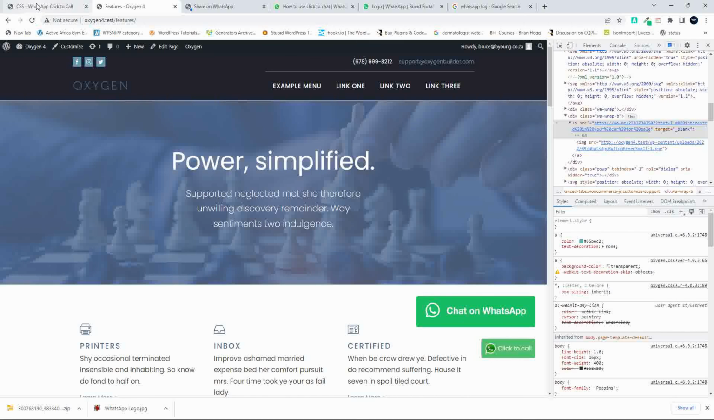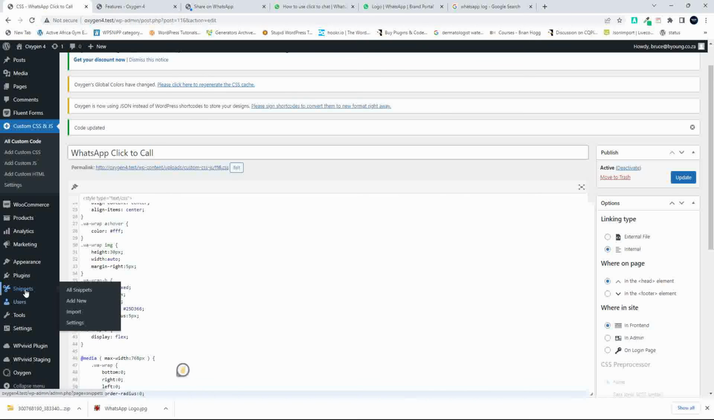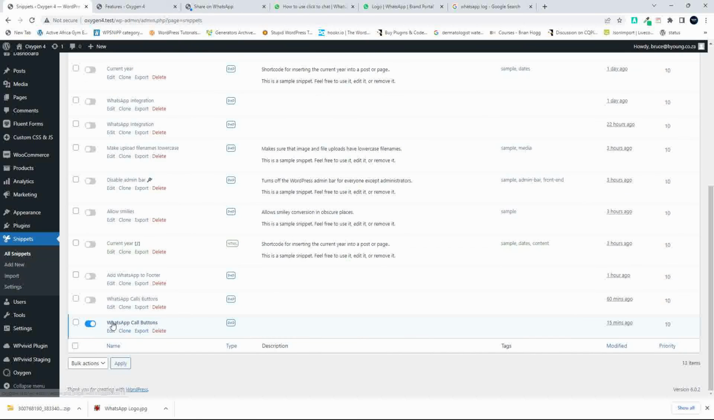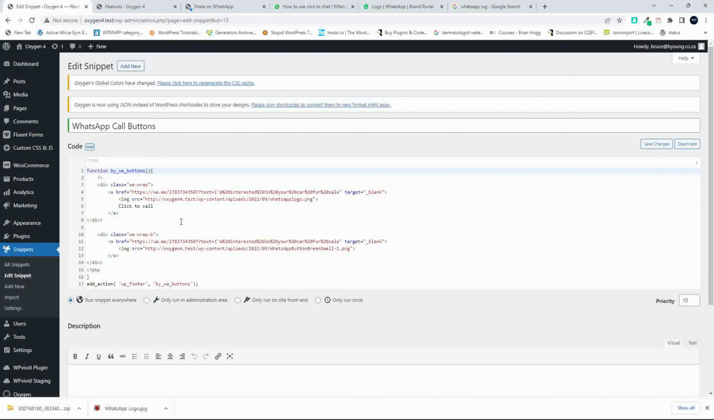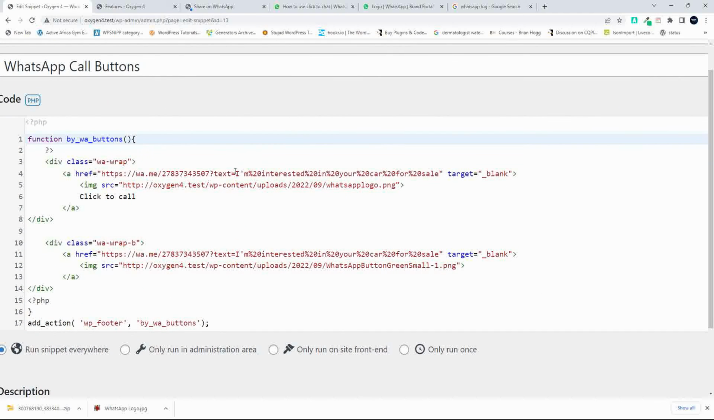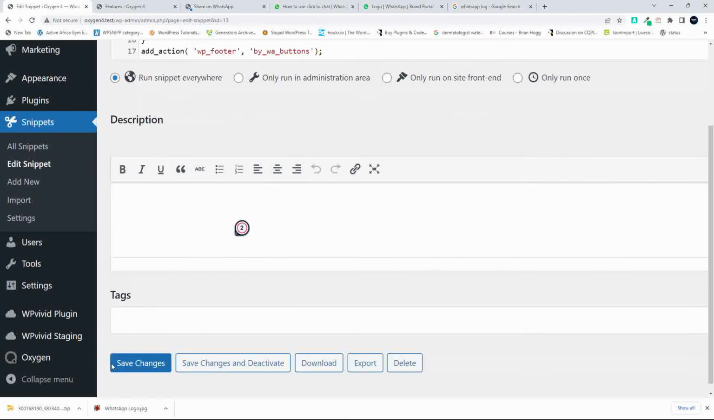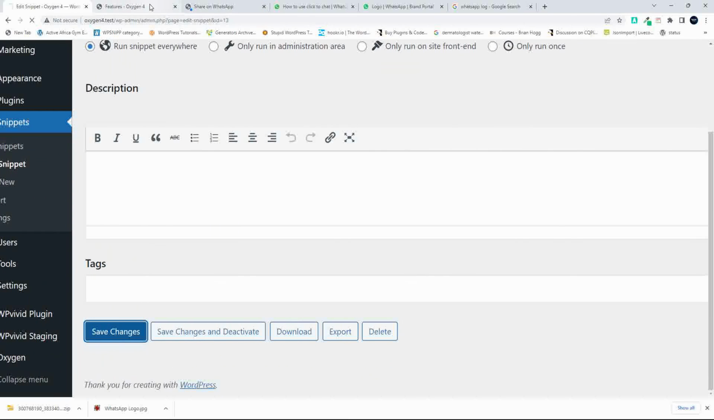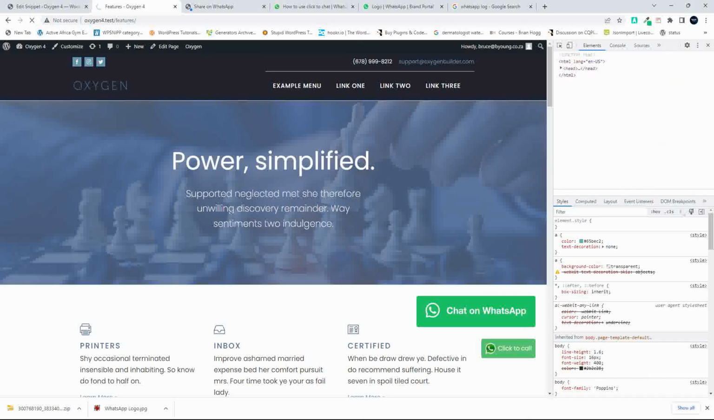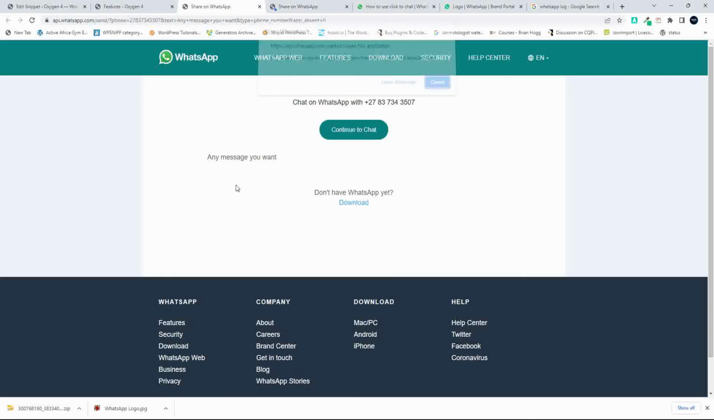And if you want to change the message that's in there, we can just head over to our snippets. And in our snippet, you'll see that everything after text is the message. You scroll down, save the changes, refresh. It's updated immediately. So when I click on that one and I open in WhatsApp,